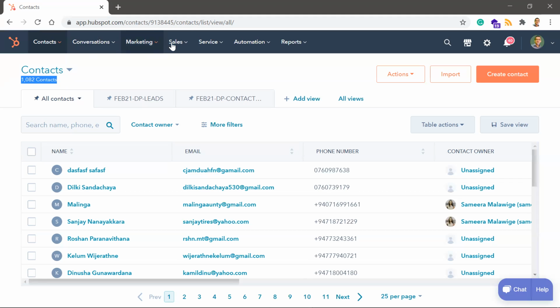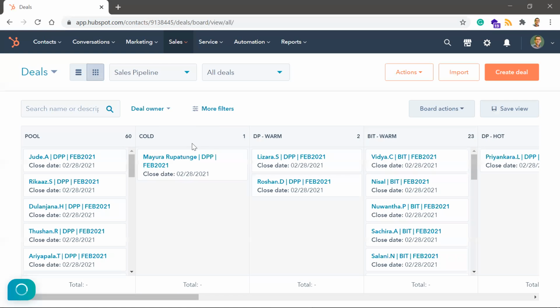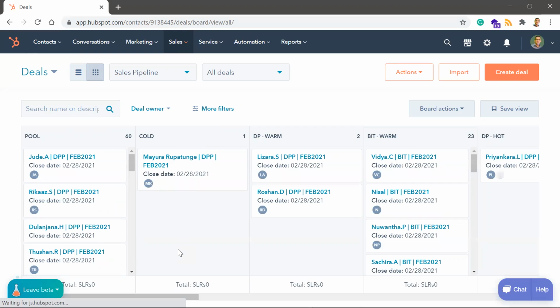You are creating a deal. A deal is what goes on the deals funnel board here. Each of these deals in the pool, hold or DP or whatever the category, you are creating only after you identified a contact as prospective. What if we created the contact, but they are not prospective? Then it won't come to this pipeline, right? But in our reporting, we need to identify how many contacts we created for the BIT program and the degree pathway program.